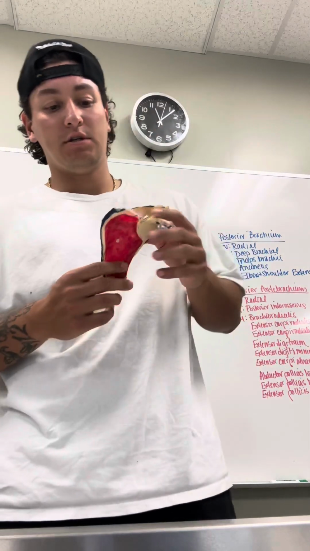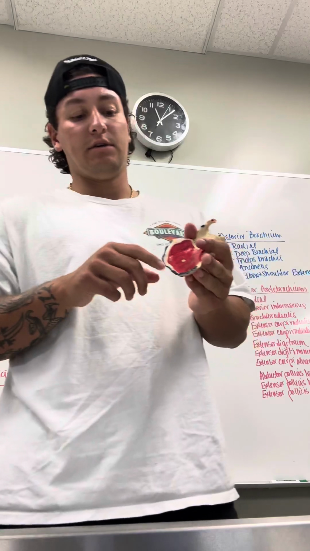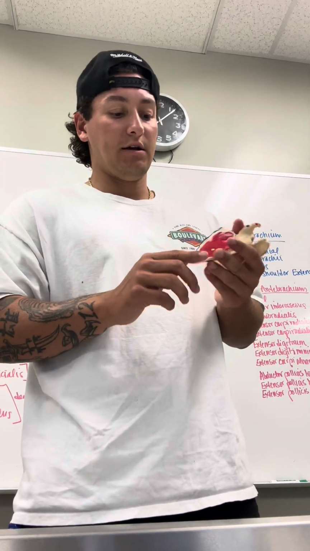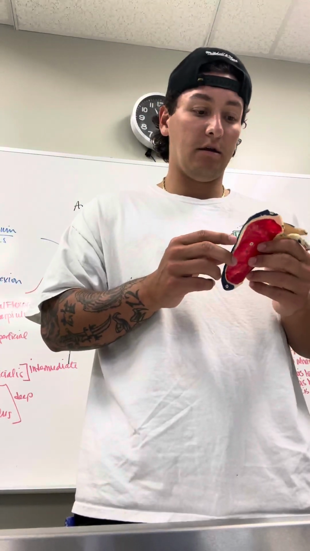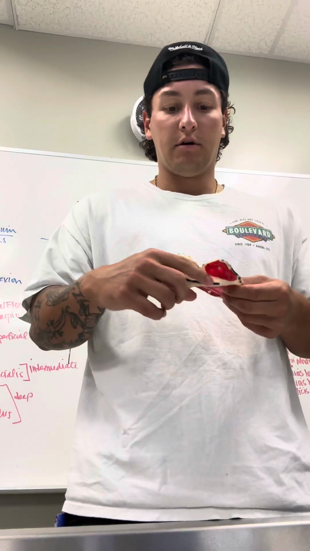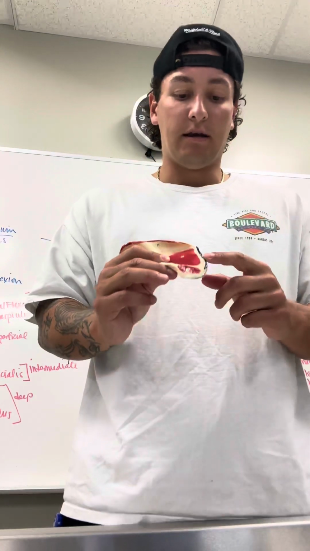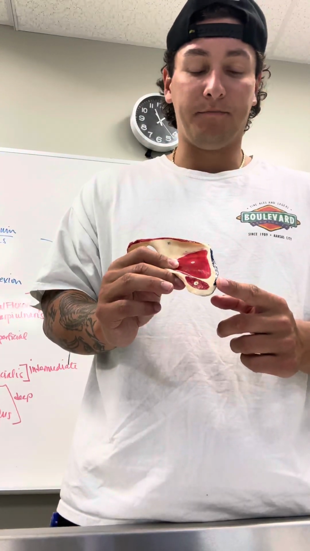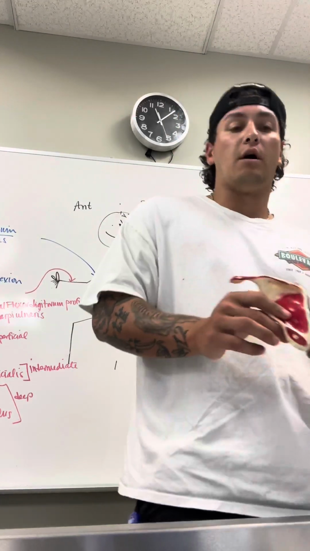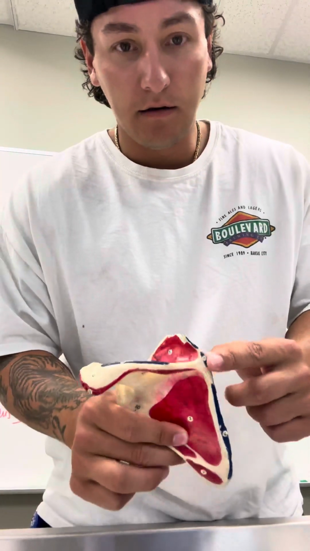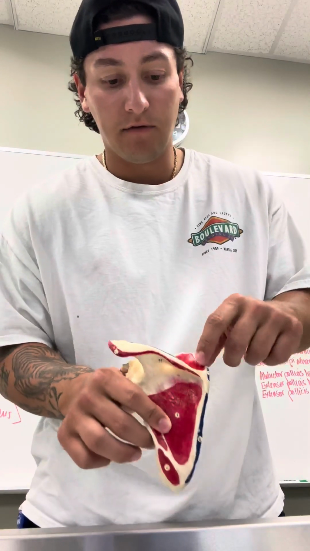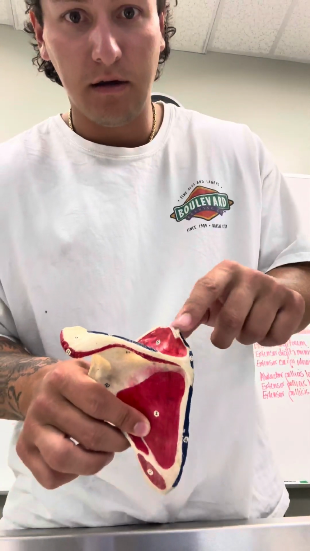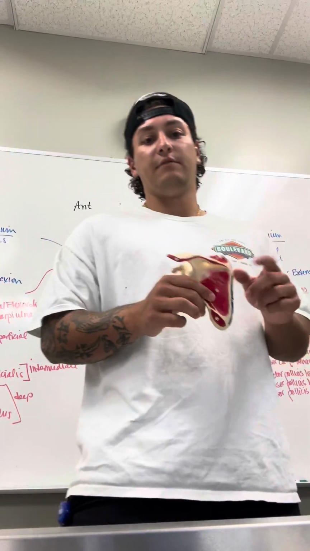So next for insertions, we're going to start with the serratus anterior. It inserts right here in the medial side of the scapula, the front, and then flipping it over, on the spine we have the trap insertion, and down here we have the rhomboid major, and then up top, just above it, we have the rhomboid minor insertion, and then it's kind of not really there, but it would be right here, is the levator scapulae